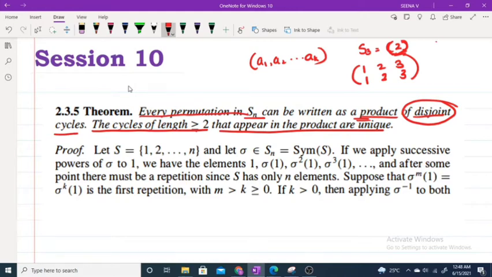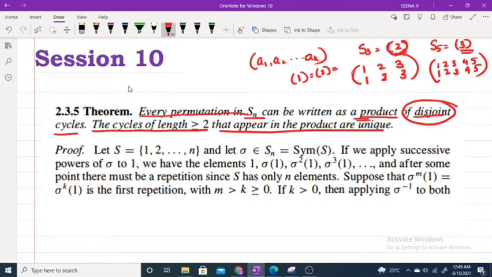Okay. So again in S5, you can write (3). Cycle (3) means 3 maps to 3. By definition, all other elements are fixed. That means 1, 2, 3, 4, 5: 3 goes to 3, and all others are fixed, meaning 1 goes to 1, 2 goes to 2, 4 goes to 4, 5 goes to 5. That means a cycle of length 1 always represents an identity permutation. So (1) is the same as (2) is the same as (3), and so on. This is equal to the identity permutation.